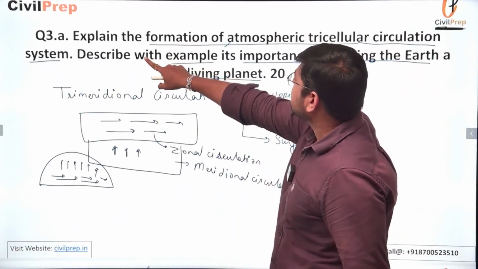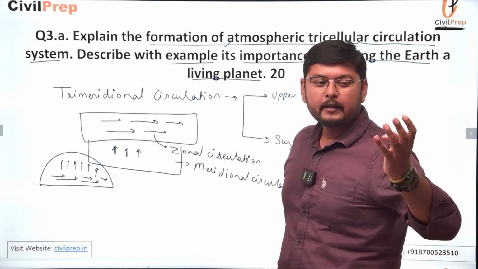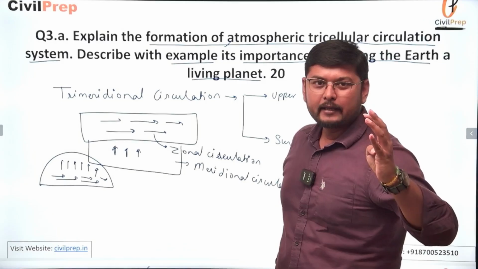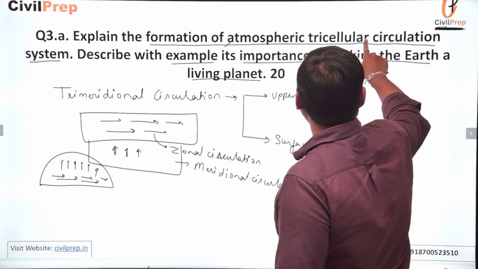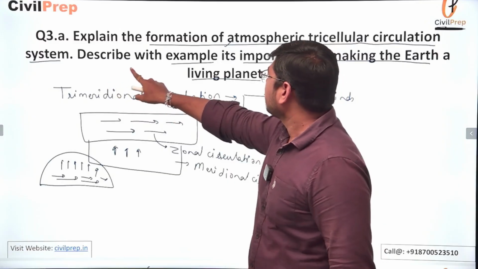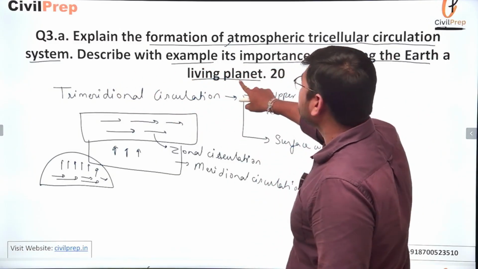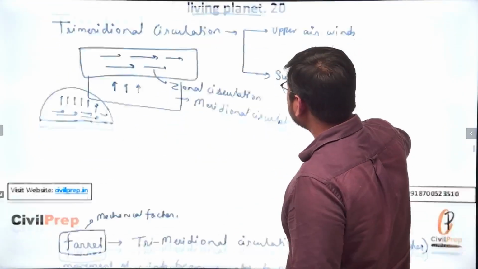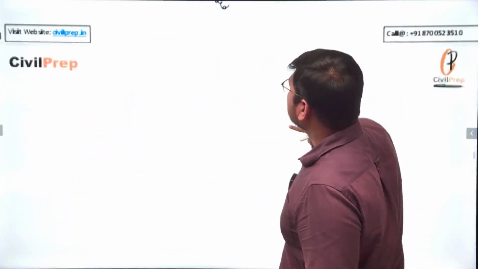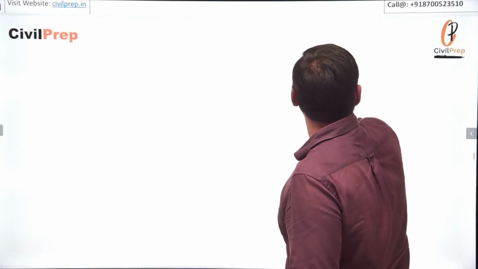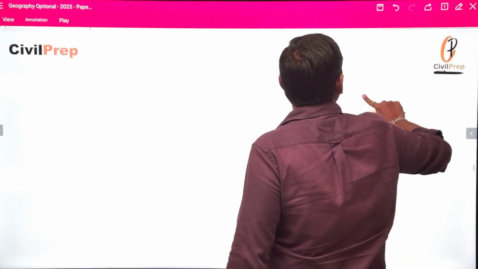Here we see that because of the development of the pressure system, the Coriolis component, the thermal factor, and the mechanical factor, we are able to explain the formation of the atmospheric tricellular circulation system. Now we have to describe with these examples its importance in making the Earth a living planet. So how the Earth is becoming a living planet because of these particular conditions here. Now, looking at what this trimeridional circulation is doing,